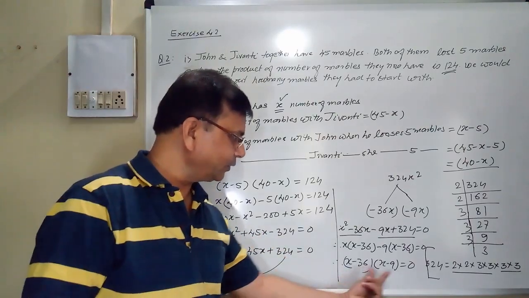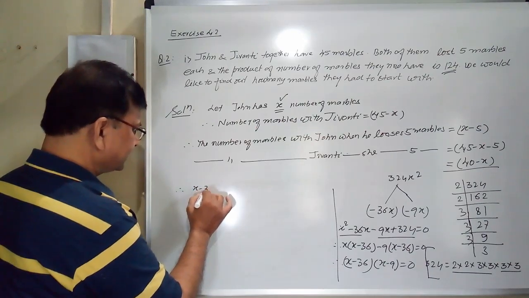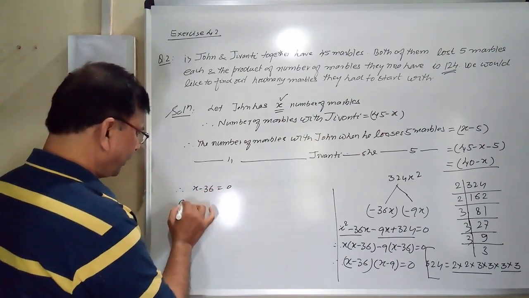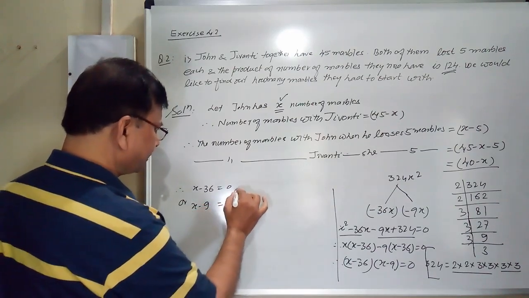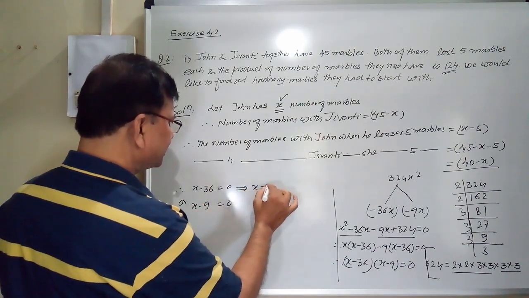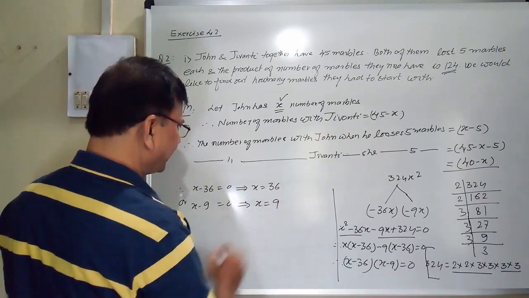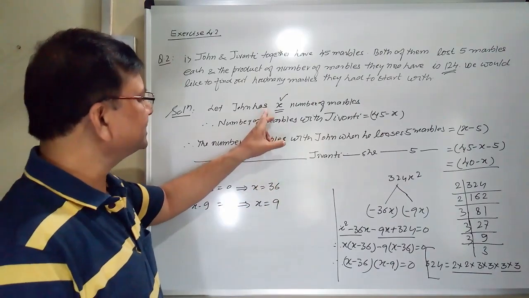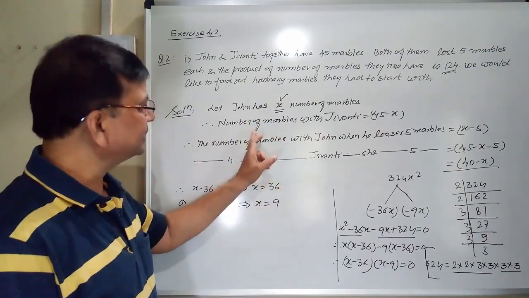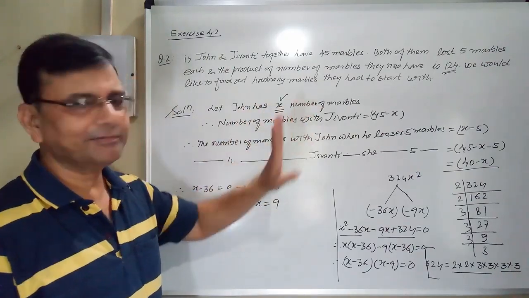So either this is 0 or this is 0. Therefore, x minus 36 is equal to 0 or x minus 9 is equal to 0. This implies x is equal to 36. This implies x is equal to 9. Therefore, it has got two solutions. Means if John is having 36, then Jivanti will be having 9. If John is having 9, then Jivanti will be having